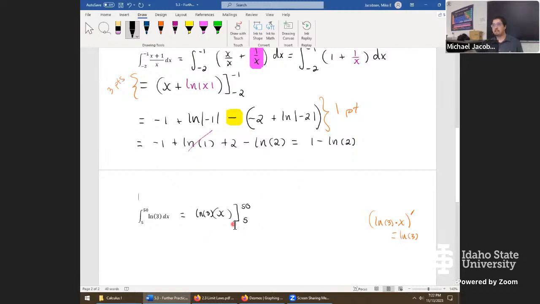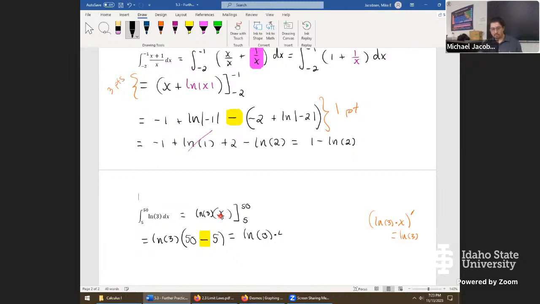Let's keep on doing this, and then we'll think about what that property is and throw it on the notes. So on this evaluation, I have natural log 3 just factored away. I'll just leave it right there. We're throwing 50 inside x. Nothing amazing happens. We just put in 50. Subtract because we're going to the lower limit of integration. Take 5, just plug it right where the x is. 50 minus 5. And now it's natural log 3